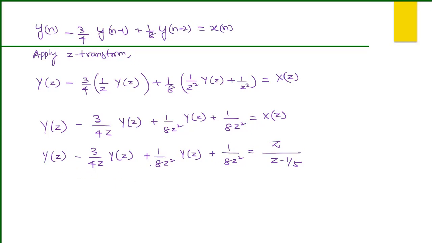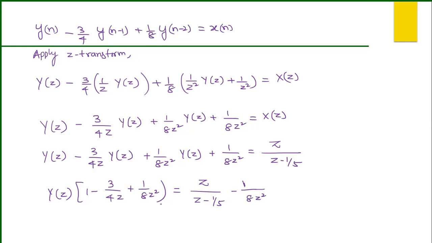So this one you can take y of z common: 1 minus 3 by 4 z plus 1 by 8 z square is equal to z by z minus 1 by 5 minus 1 by 8 z square. Here you take 8 z square as the LCM, y of z into, you will get 8 z square minus 4 z, that means minus 2 z, you will get minus 6 z